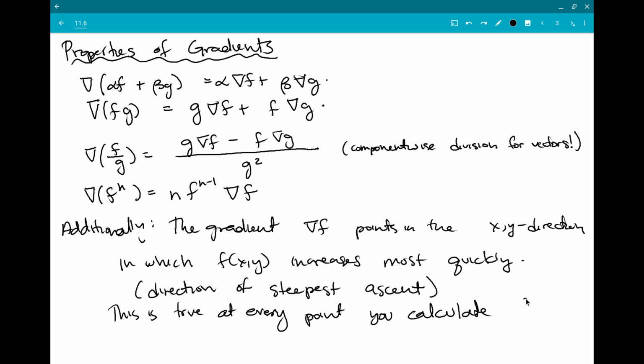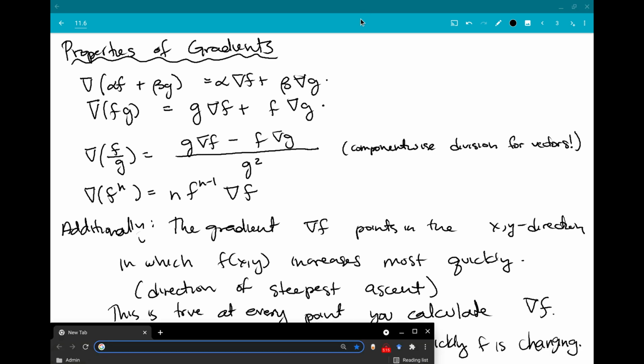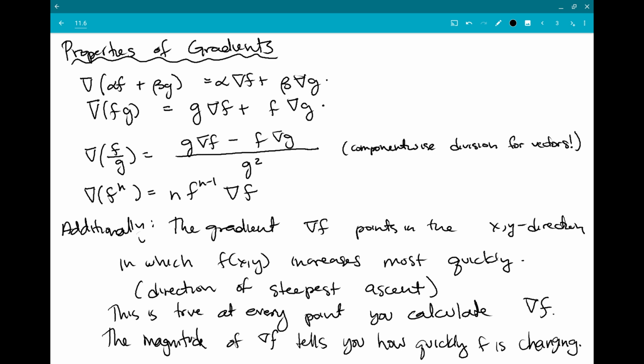This is true at every point we calculate grad f. And then once you calculate all this at a point, you can also say that the magnitude is going to tell us how quickly f is changing in that direction. Do I have time to do a quick example on that? You know what? We'll stop here. We'll do an example and a picture in the next one because all this can be a little bit unclear until we have